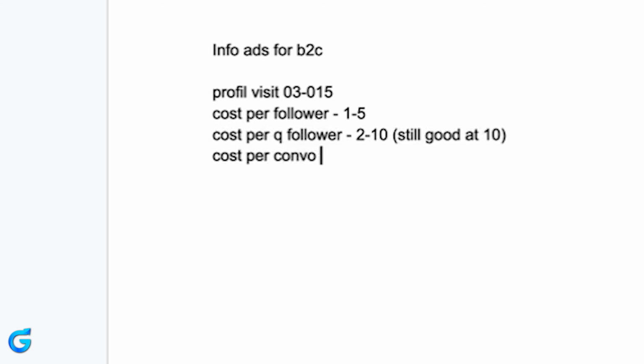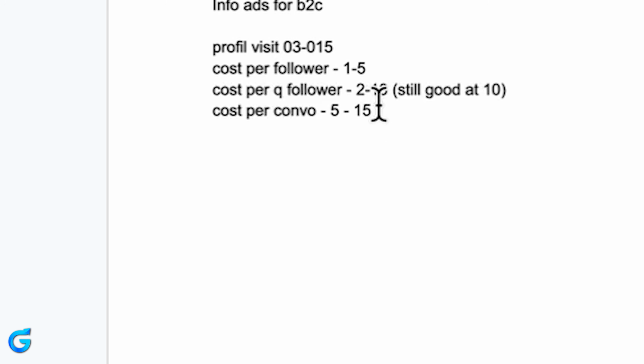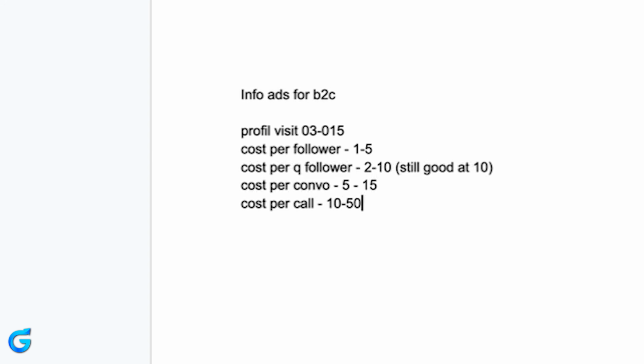After the qualified follower, you have basically cost per conversation. Cost per conversation needs to be anywhere between $5 up to $15 per qualified conversation. And then your cost per call should be anywhere between $10 to $50. Yeah. This sort of stats. So based on the sheet that I just sent you, you need to track every single component of